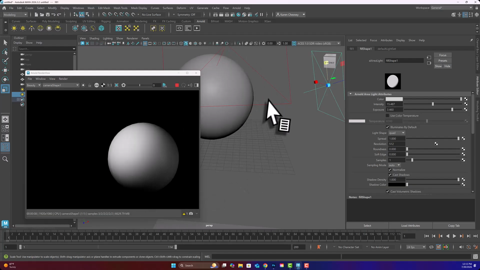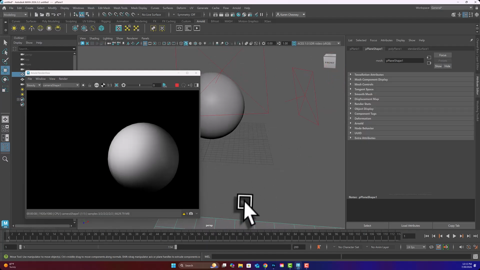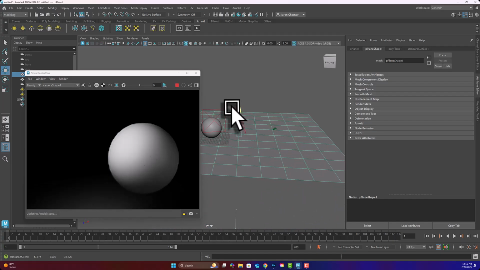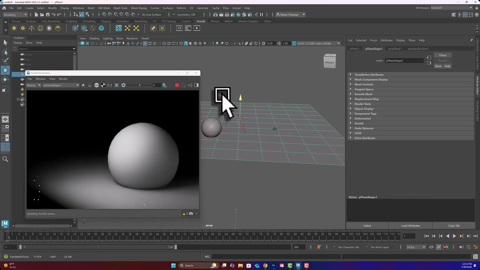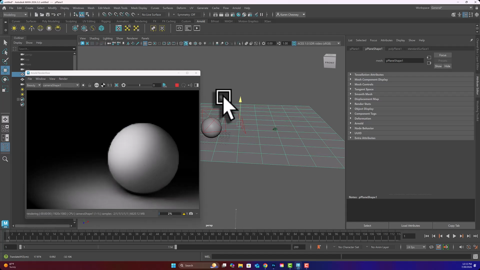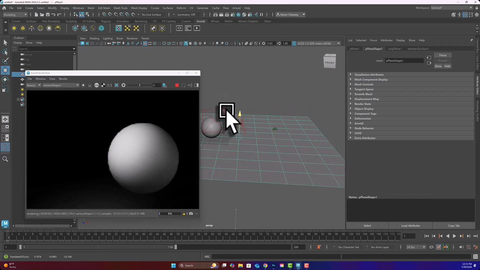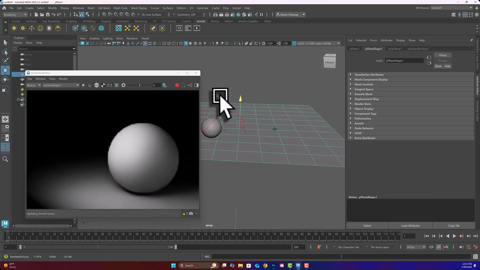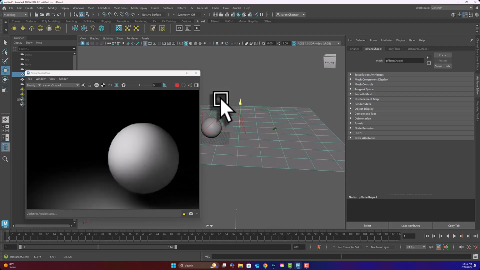Okay, that's good. All right, let's go back to our camera. Okay, so now our fill light and our key light are doing what they're supposed to be doing. They're the main light, but they're filling in this background here, so it's not quite as dark. Now, depending on the look you want to go for,